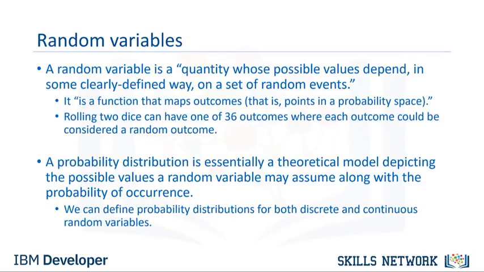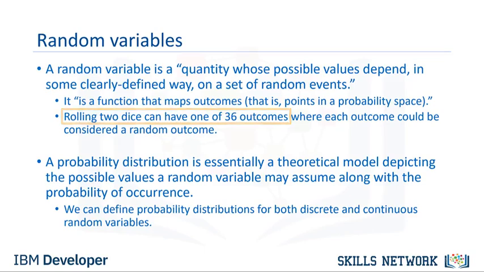The discussion about probability is not complete without a discussion about random variables. Essentially, a random variable is a quantity whose possible values depend in some clearly defined way on a set of random events. It's a function that maps out outcomes, that is, points in a probability space. So probability space essentially is all possible outcomes. If you roll a die, it can have 1 out of 6 outcomes, so that's the probability space there. If you roll 2 dice, you can have 1 out of 36 outcomes,